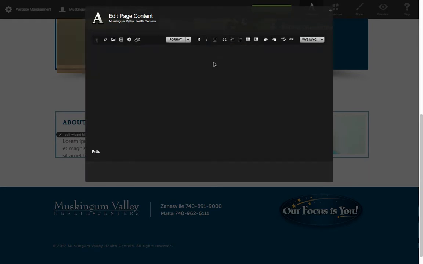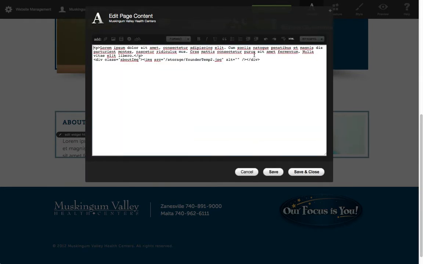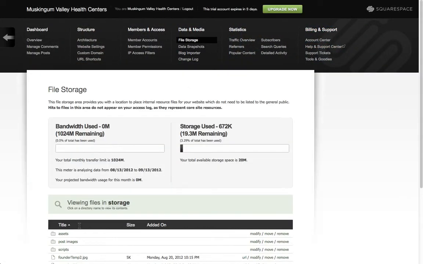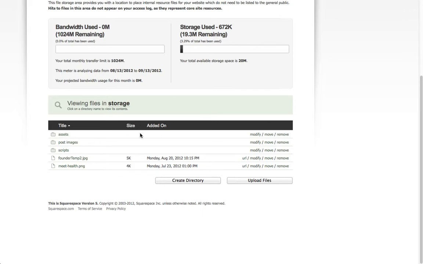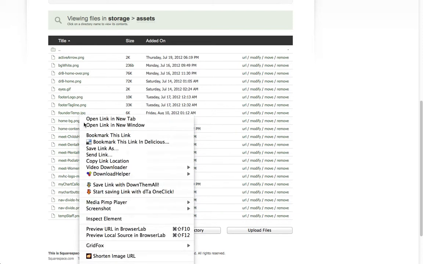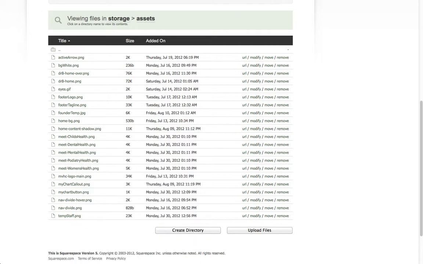What I'll do is go ahead and switch it back. It doesn't really matter, but just to show you how those things are done. So there's our previous image. Actually, it wasn't in that location, was it? It was somewhere else. So I'm just showing you how things work in here. foundertemp.jpg. So it was in my assets directory. So I could say copy again, hit escape,